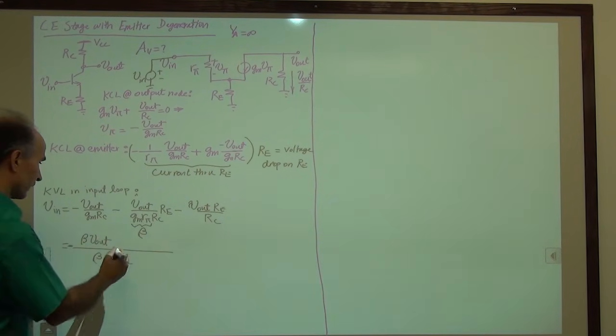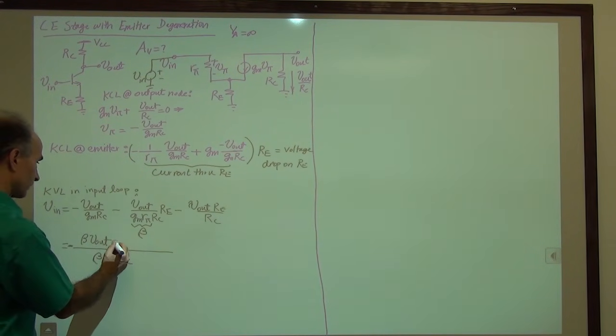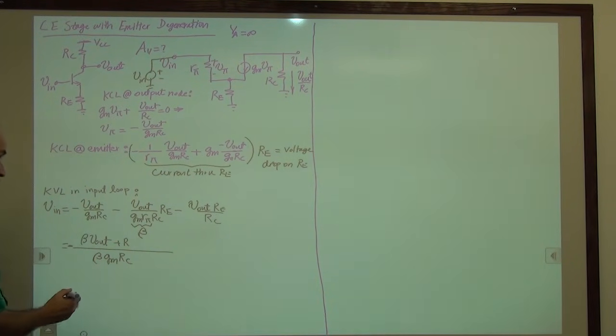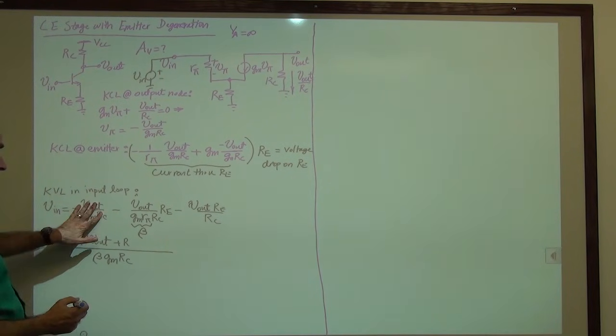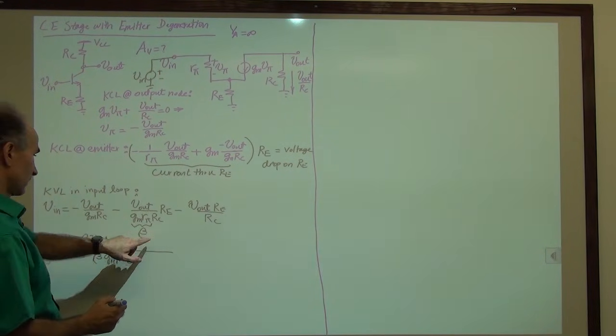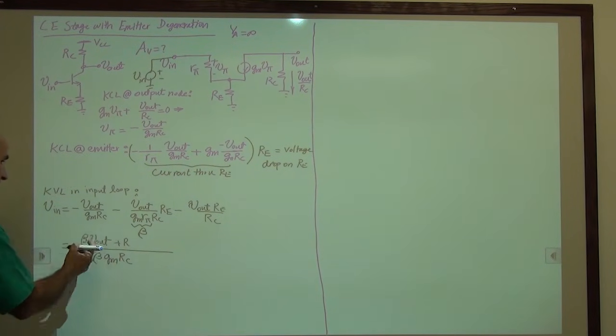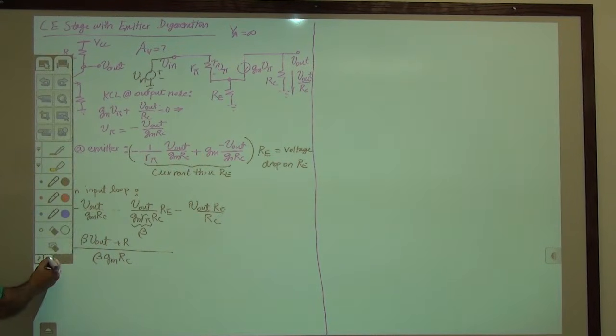Then here we just have RE V out plus RE. Let's see, something is missing here. This is V out beta RC. Oh, okay, sorry. There's a GM that is carried over from here. So let me erase that